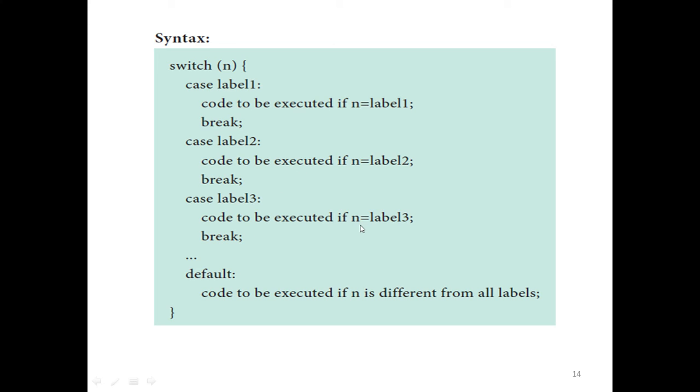Label 3. It means, suppose I check the number: print 1, print 2, print 3. I give the number 1, it prints 1. What else does it take? It goes to label 1. Suppose I give the number 3. It means first it checks label 1. No. Label 2, no. Straight away it goes to 3. Suppose I give the number 4. Default, I give print 4. First case no. Second case no. Third case no. Automatically it takes the default. Like this the switch case is working.